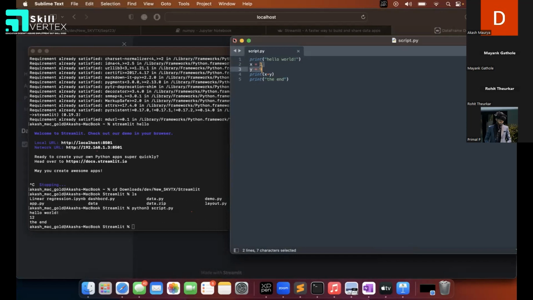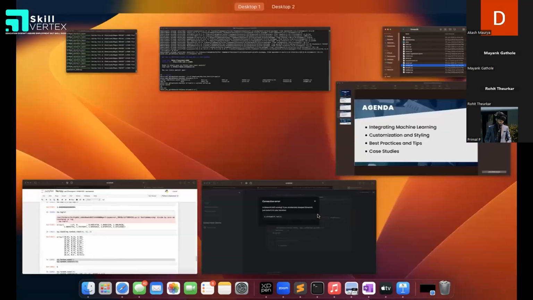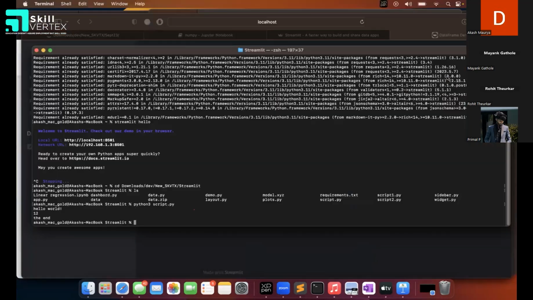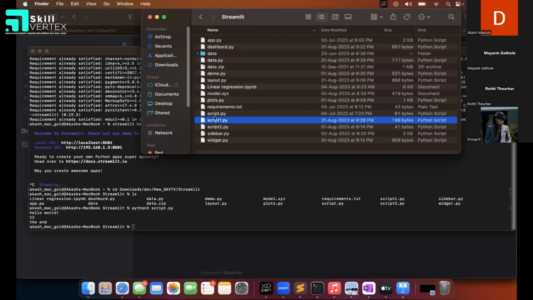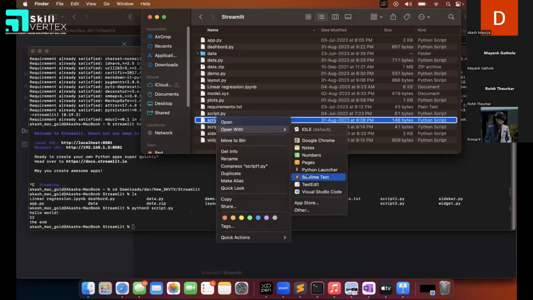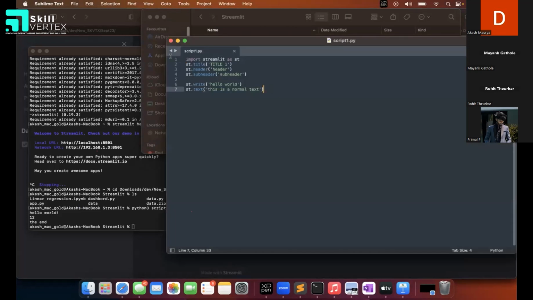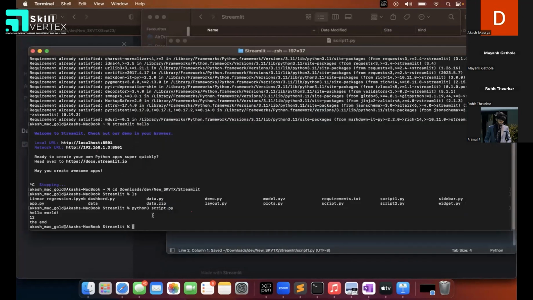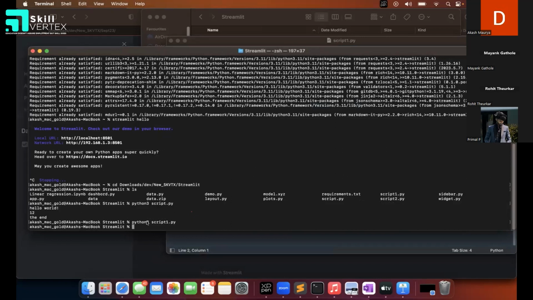So this is how we run a normal Python code. And if you have a Streamlit file, or a normal code in which you have imported Streamlit, let's say in this case I'm opening this one. Here I have imported it, let me just delete this, save it. Now, if I run that script1.py, you can see here it is not running. In order to run a Streamlit file, you have to use a different command, called streamlit run, and then the name of the file,